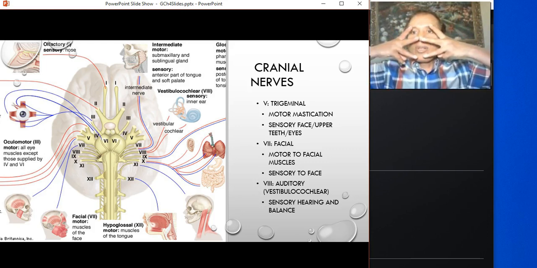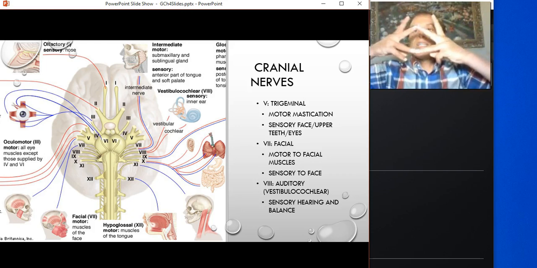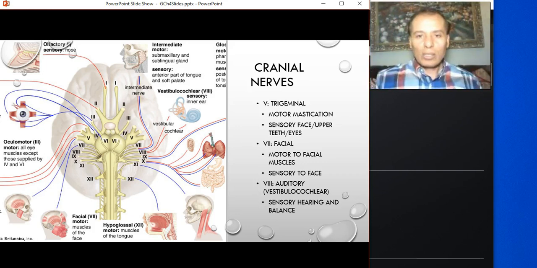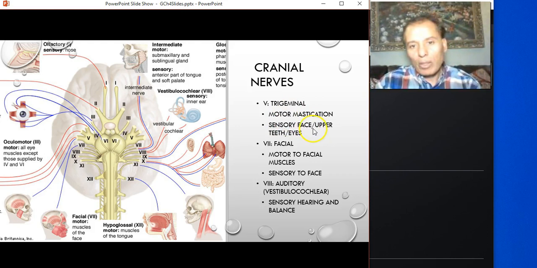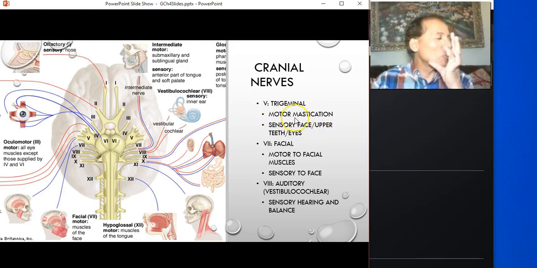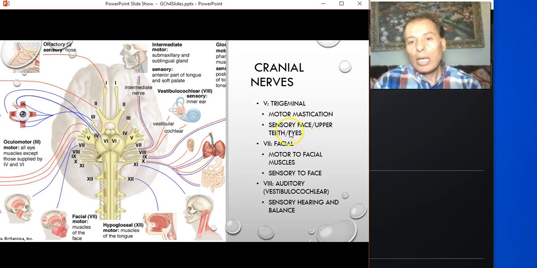And when you look at each, these are twins, these are twins, these are twins. So trigeminal means the three twins. And then the trigeminal has motor functions. For example, it enables us to chew food. It has also sensory functions. For example, it gets sensation from the skin of the face, and also the upper teeth, and